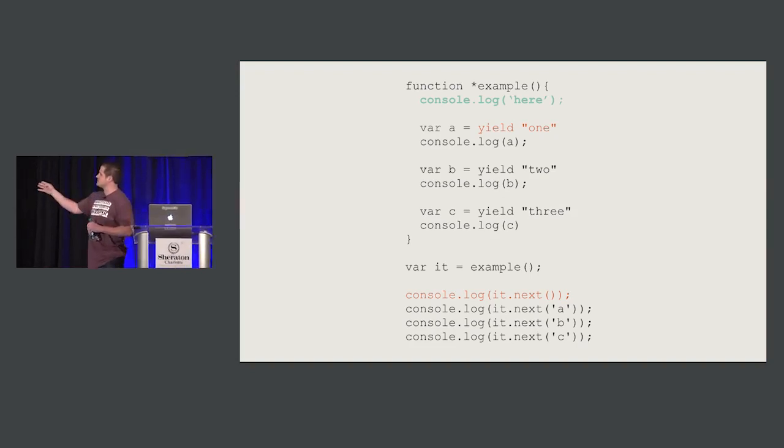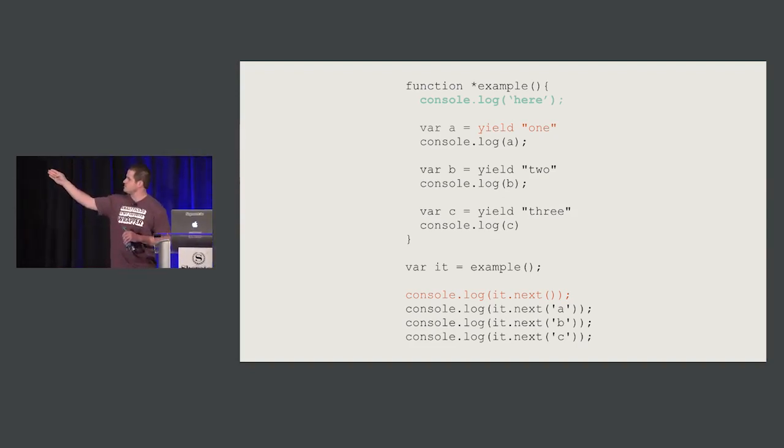No, because your first iteration is going to take it up to the yield, and then right before the assignment happens, it's going to go back into suspended state. And then that next call, it's going to take the value that you're passing in next, and it's going to have it, and then it's going to go to the next yield stop, and then the next one. So that's just sort of a limitation of generators. You can't use it the first time you call next.